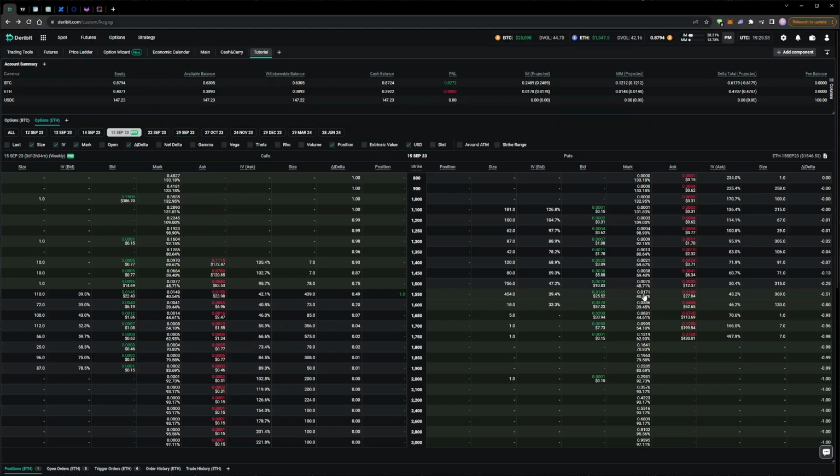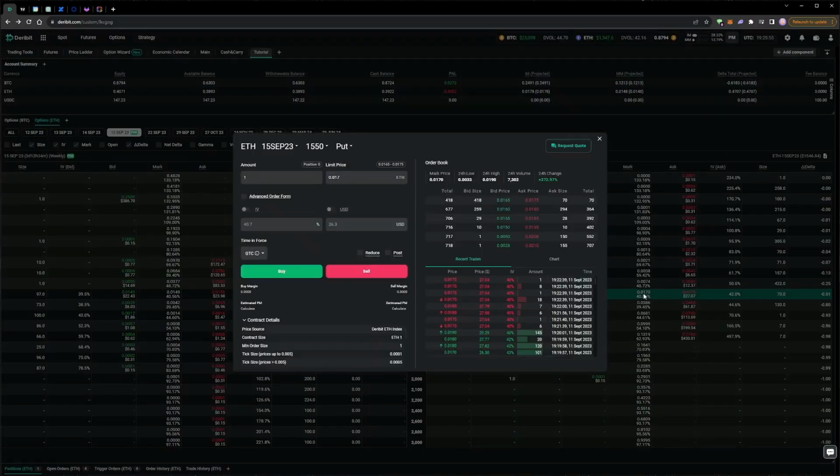So far we have bought the 1,550 call option. Let's now buy the 1,550 put as well. To do that, we click on the right-hand side of the option chain. We could buy this put option immediately by buying straight into the current best ask, but the prices are moving around a little here, so let's try and get filled somewhere in the middle again, like we did for the call option earlier. Let's buy one of these 1,550 strike put options and let's try to pick it up for